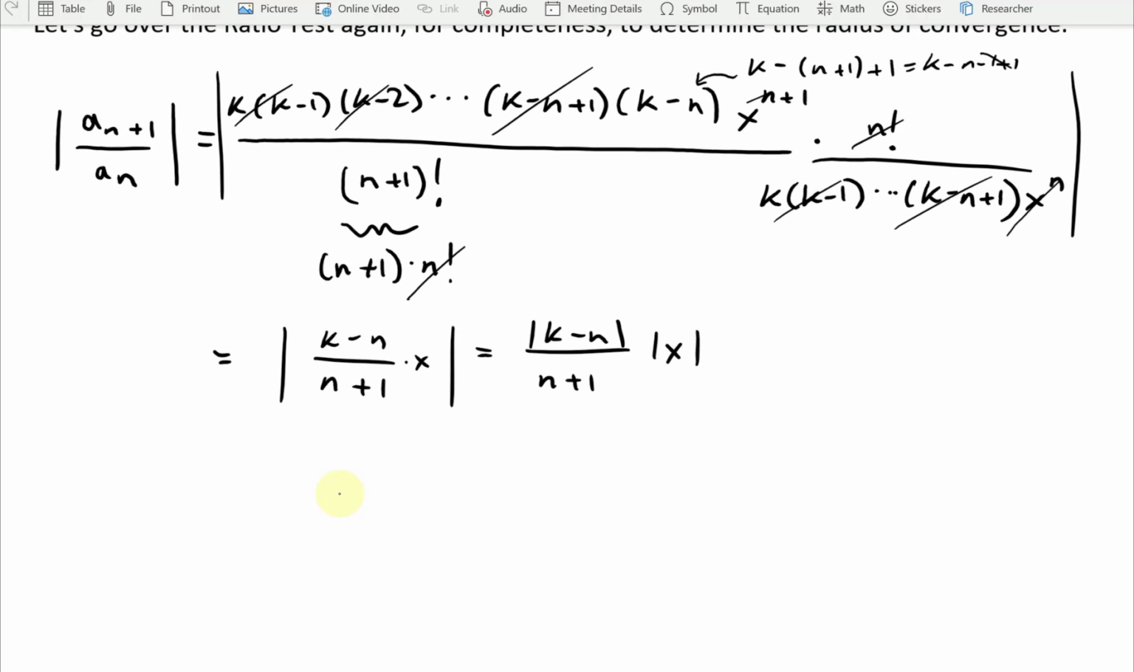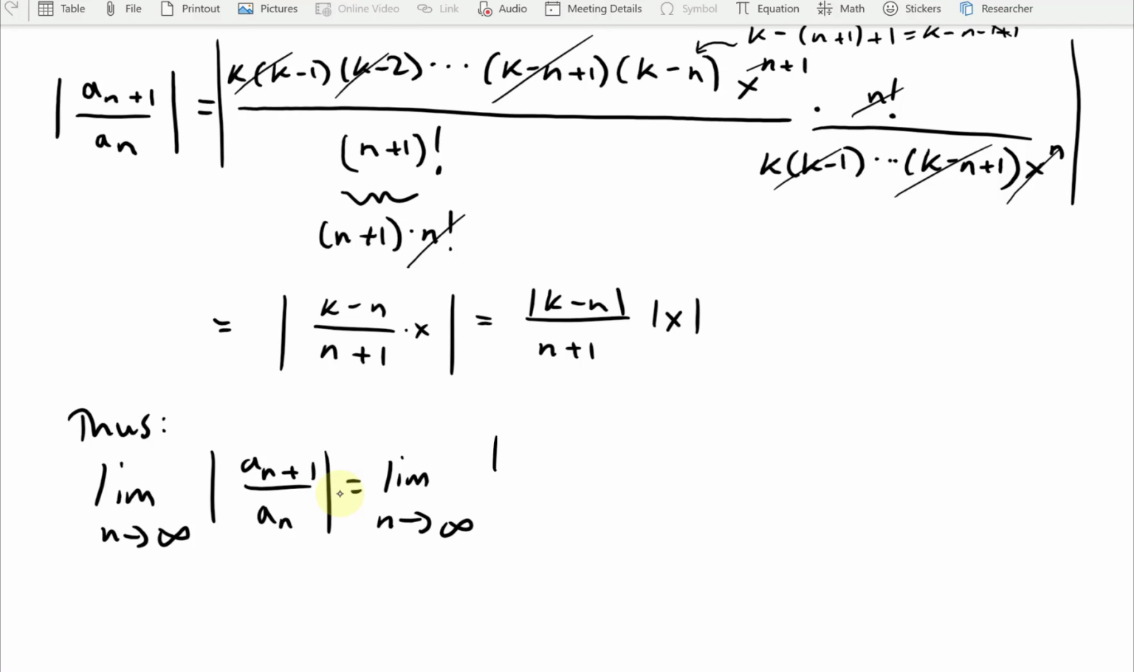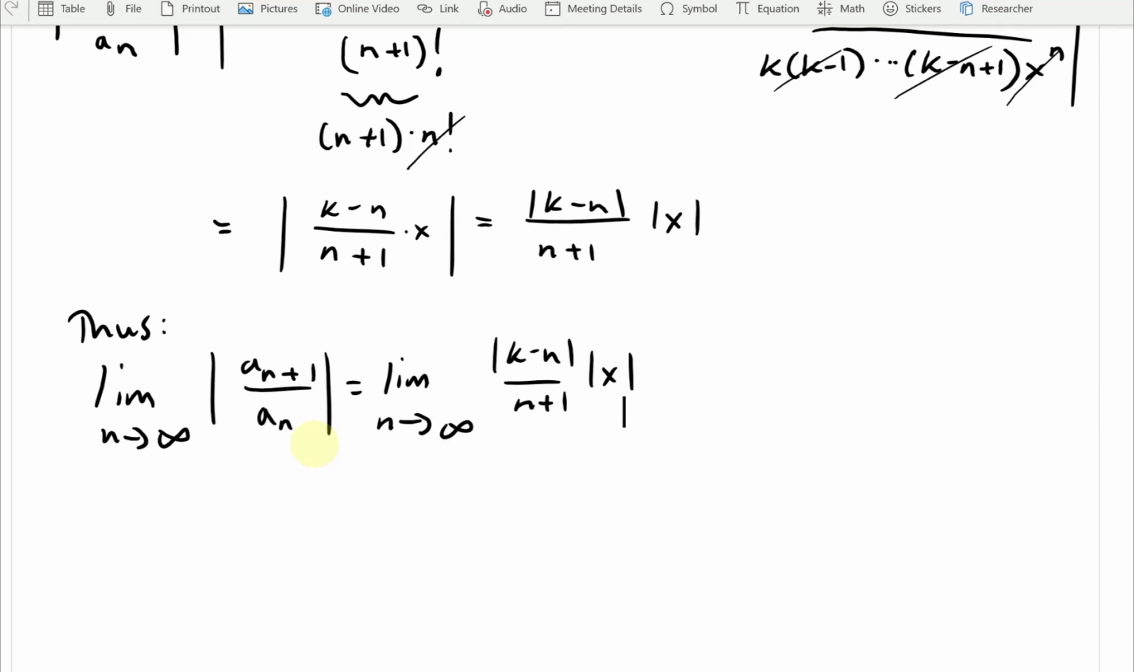And thus, the limit as n approaches infinity of the ratio, I'll just put this for completeness, a_(n+1) over a_n, equals the limit as n approaches infinity of absolute value of k minus n over n plus 1 times absolute value of x. This limit is in terms of n, so the x doesn't affect it, so we can just factor it out. Absolute value of x factors out of the limit, times the limit as n approaches infinity